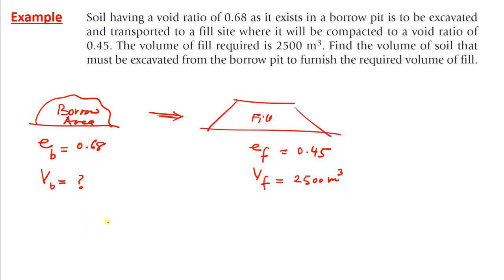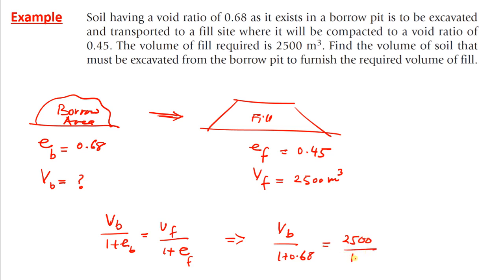So the formula is going to be volume of borrow area over 1 plus void ratio of borrow area should be equal to volume of fill divided by 1 plus void ratio of fill. Just put the values and simplify. So this is going to be volume of borrow area divided by 1 plus 0.68 should be equal to 2500 divided by 1 plus 0.45. So when we simplify,